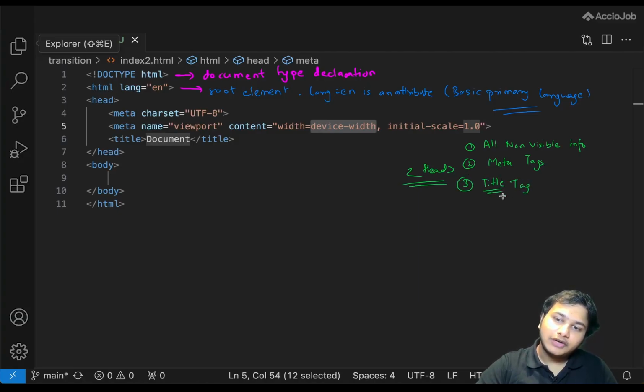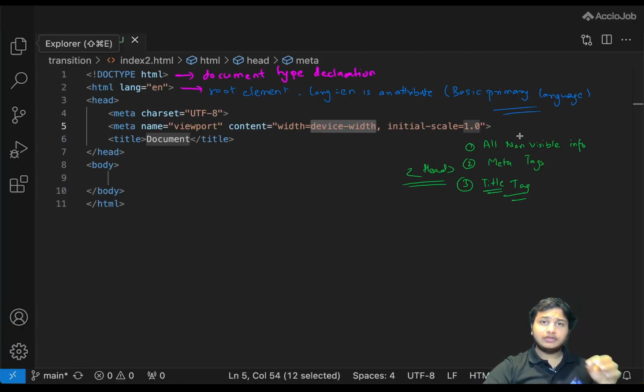So the title of our page is also present here itself, right? And here you can see it, right? Now what do I mean by all non-visible information? Well, the head tag contains meta information of our entire HTML document, and it is displaying some links to our